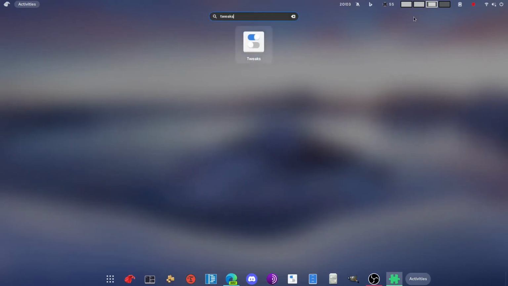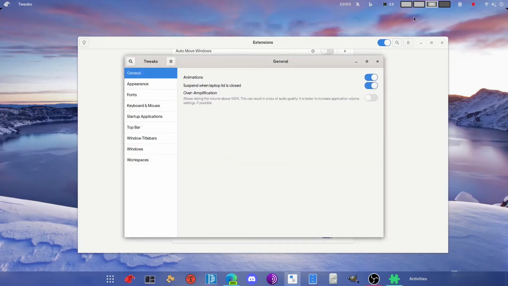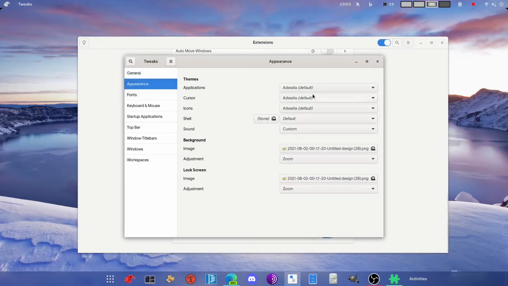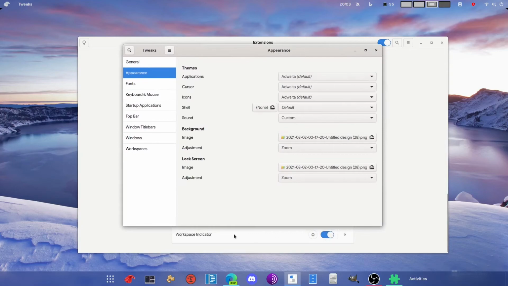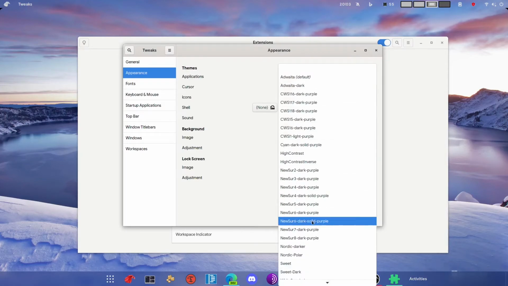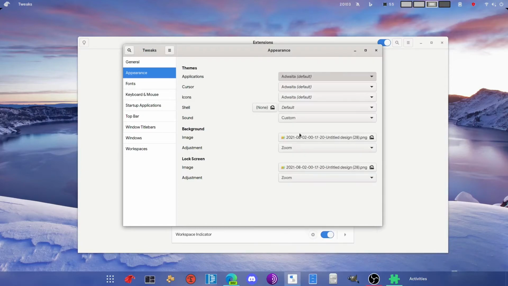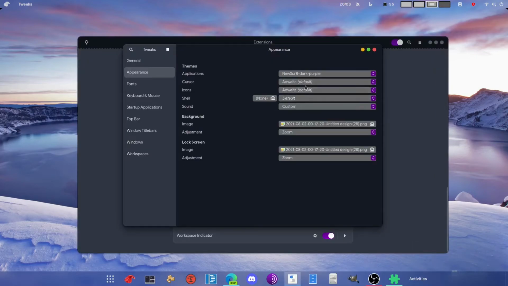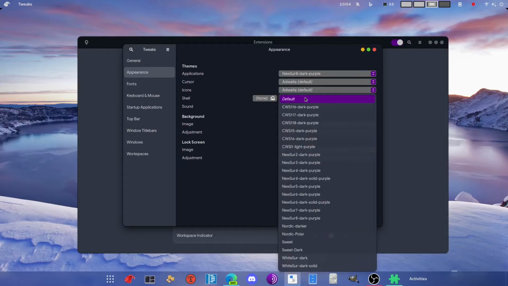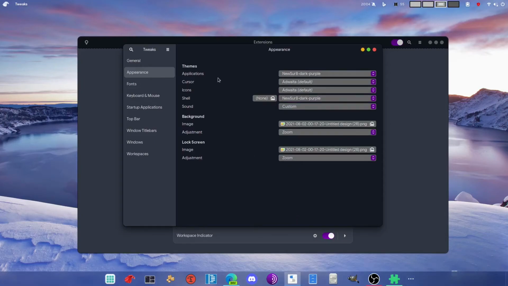Now we will go to another app called Tweaks that can be installed by the commands I just showed you. And we will go to Appearance. You can see over here these are our themes that are installed. Now I use a theme called Newser. Newser is a theme that I made personally by customizing a very famous theme called Whitesur, and this is the one which I personally like. So I have to just go over here, change my shell and my application. You can see that corner clipping is gone.